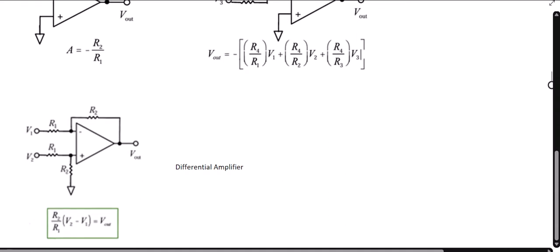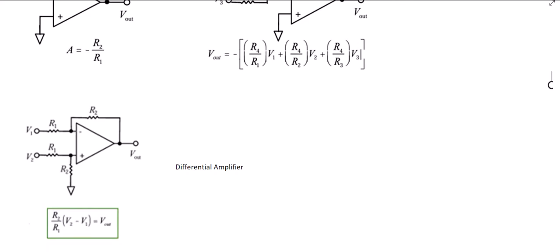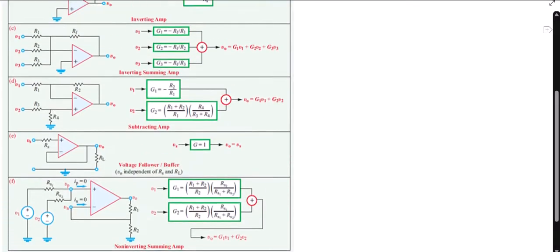So it gives you the difference of V2 minus V1, and the one that your book has as a subtracting amplifier, it's a little harder to see how it actually subtracts. But this one, you can see what the output is based on the input and your resistors. Notice that in this picture here, R1 is repeated. So this R1 and R1 are the same, and this R2 and R2 are the same, and that's why we get this as opposed to the one from your book. So this is the chart from your book